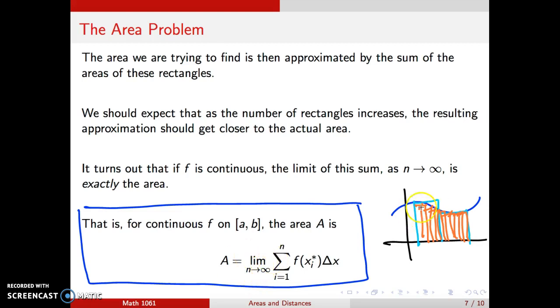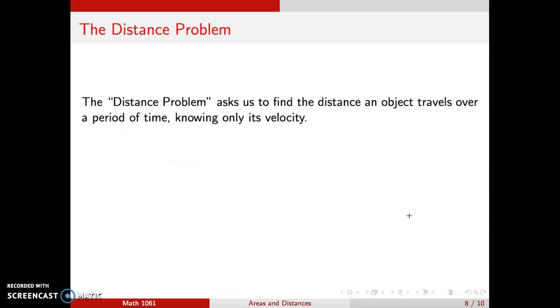and bigger, this does fill in the space better and better, which kind of makes sense; you don't have to be too rigorous with it. And in fact, like I said, if f is continuous, that limit exists, and that is the actual area. All right, so that was the area problem. We gave a way of trying to tackle that by an approximation. And for a function that's nice, namely just has to be continuous,